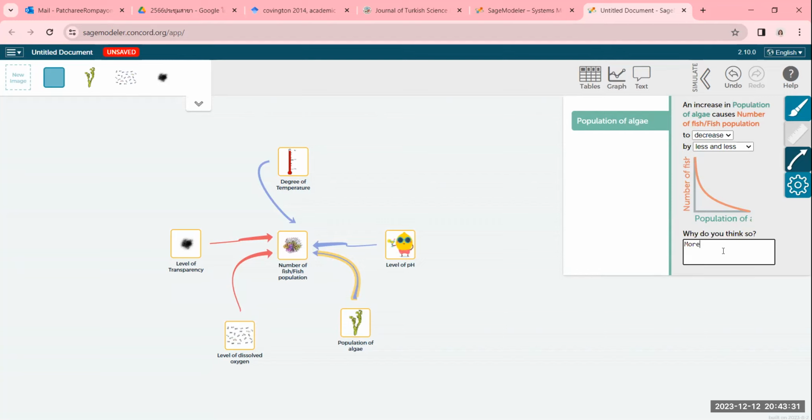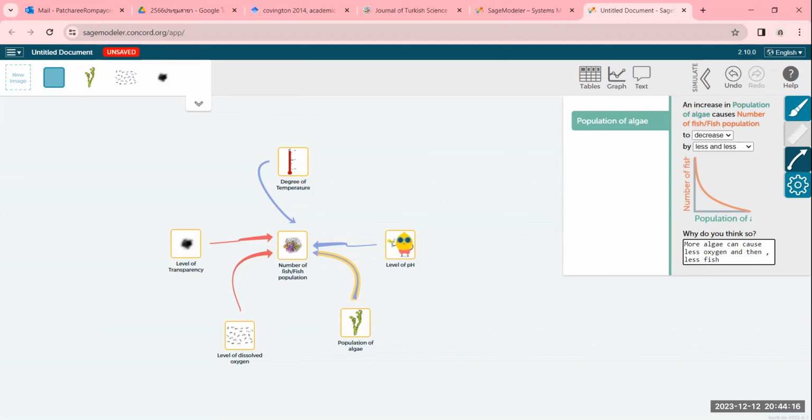Okay. Now I just follow the way of Joe. More algae. Less fish. Okay. More algae means less oxygen, and then less fish. That's the cause. Can cause less oxygen. And then